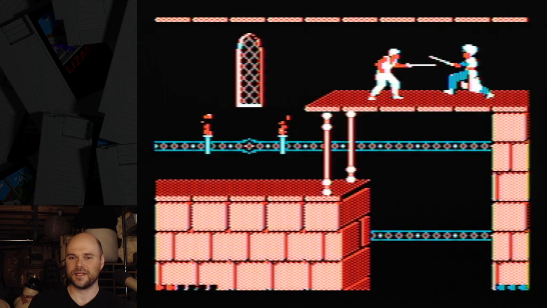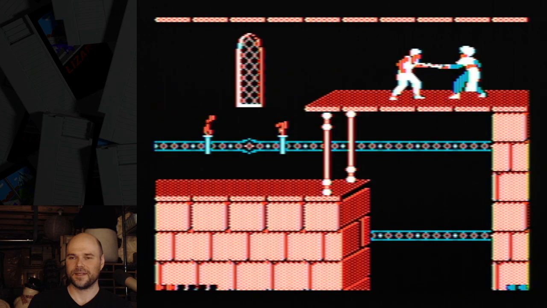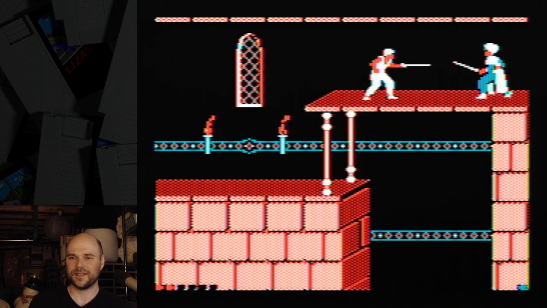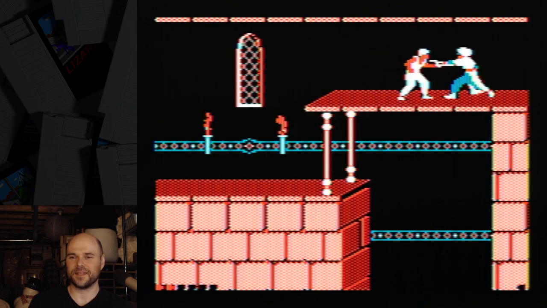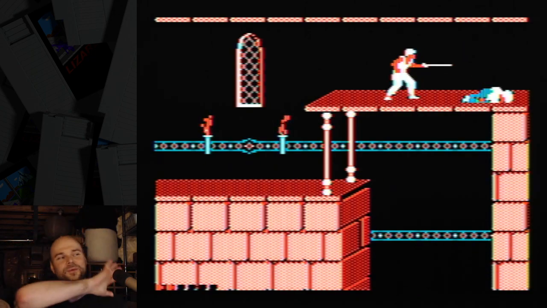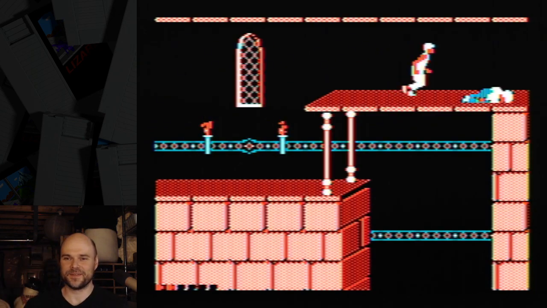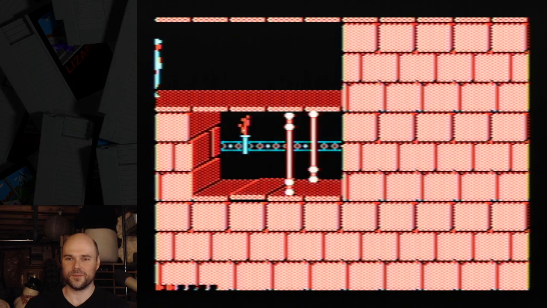It doesn't need any text or tutorials. Well, it does have a text story at the beginning, but throughout the whole game, it tells a very good story through just you playing through it,